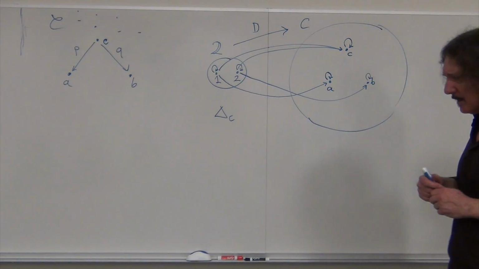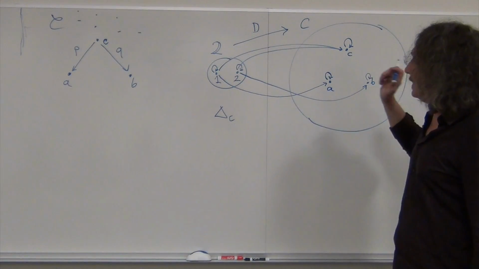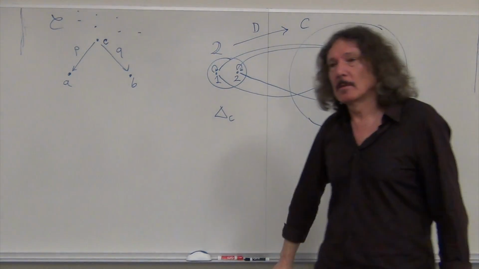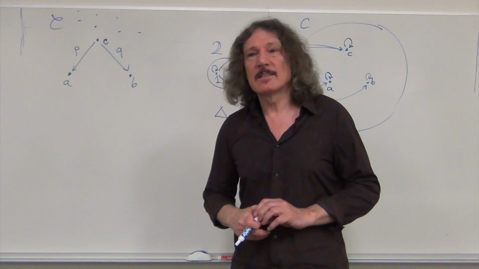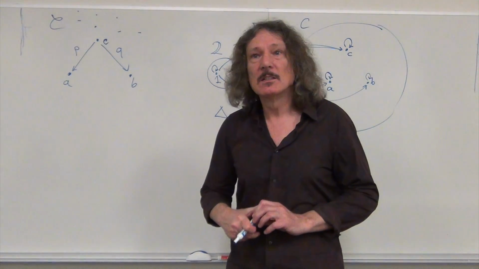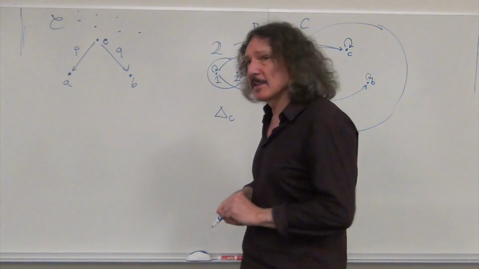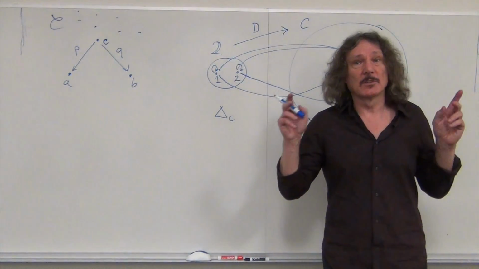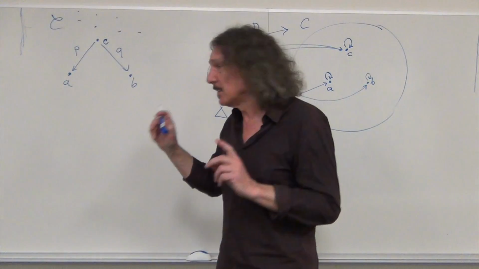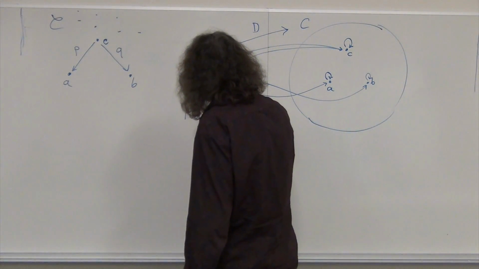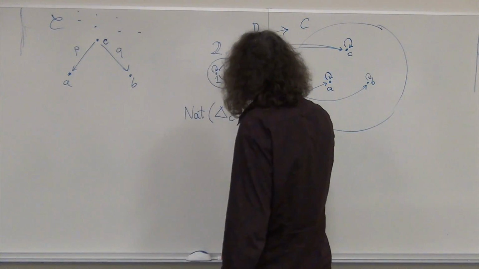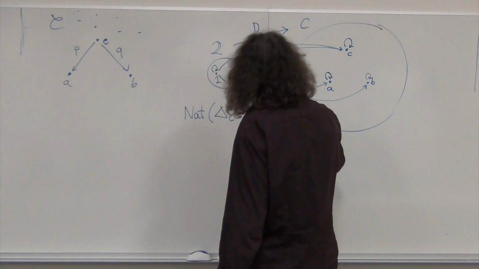And the next thing was, we have two functors now, okay? Remember this thing called natural transformation? Natural transformation between two functors. So if we have two functors, we can define a natural transformation. So let's define a natural transformation from this functor delta C to this functor D, right?